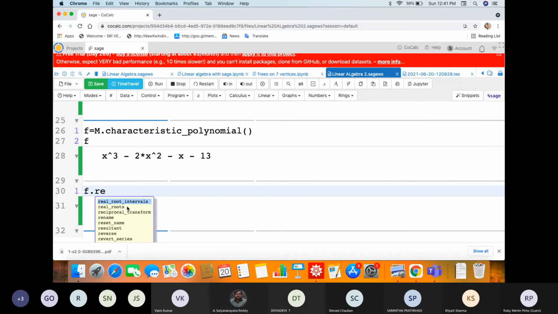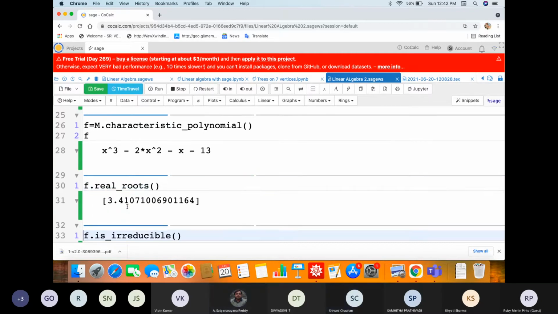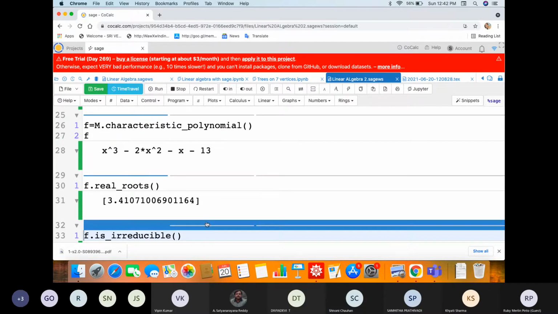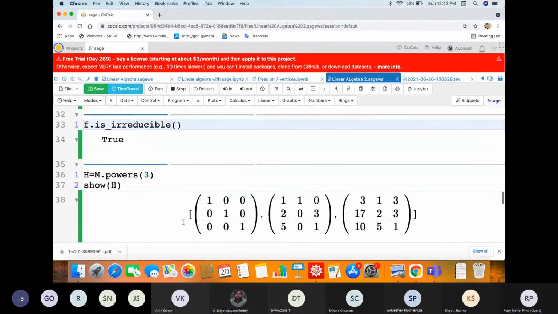In that we can type real. Okay, now go ahead. So here is the real root, and if you type f dot complex roots, it will return the complex roots. Yes, thank you.